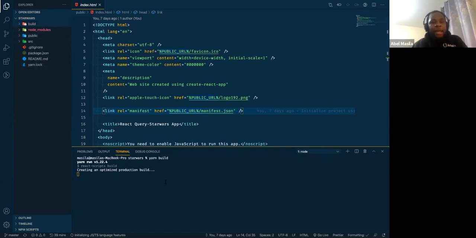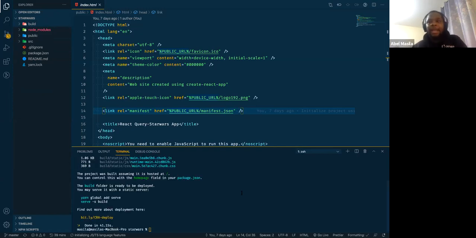So as I'm building, what yarn build does is build your application into static files: your JavaScript, your images, your HTML page. It will bundle your JavaScript into specific bundles and chunks, and then they will be linked using an entry file to your index.html. So when you request /user, it will hit index.html, but because index.html has links to your React code and your component code in an entry file, routing will happen from that point.